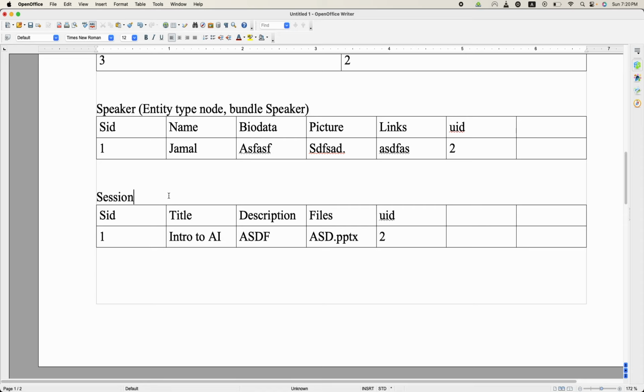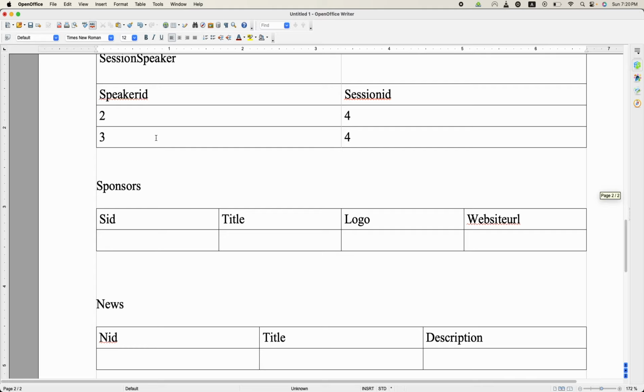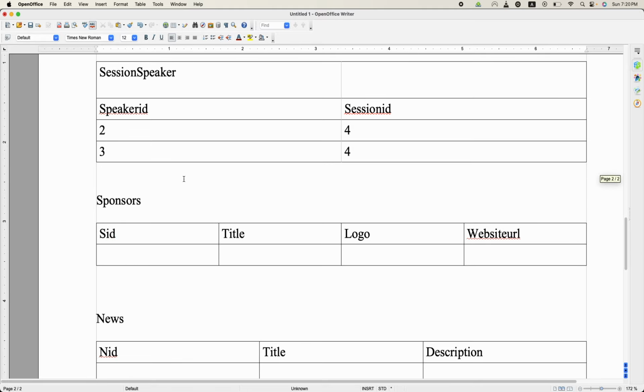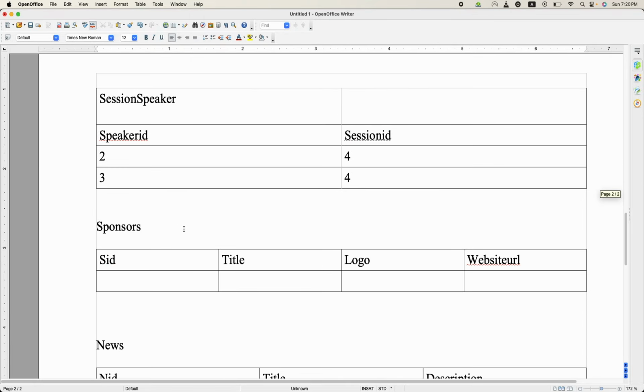Similarly, session, entity type is node, and bundle is session. And then the session speaker table we don't need, because normal entity reference creates this for us. Then the sponsors will also be what? Content type. Entity type is